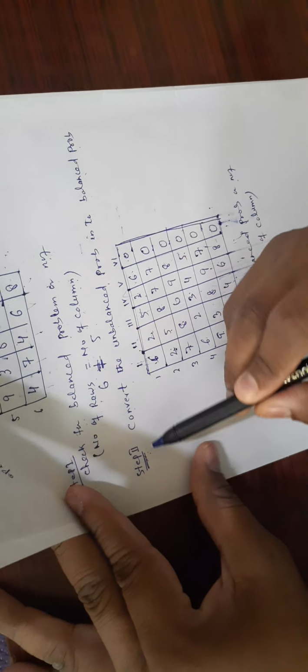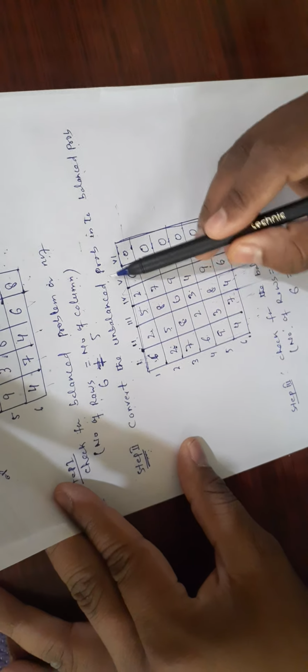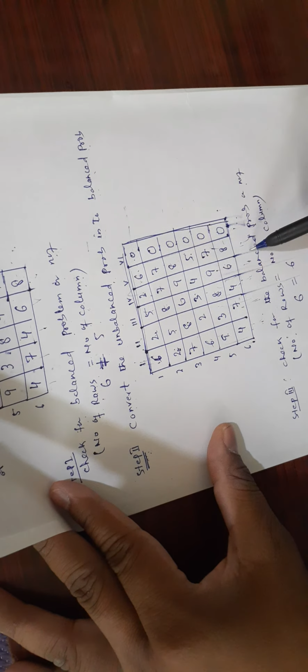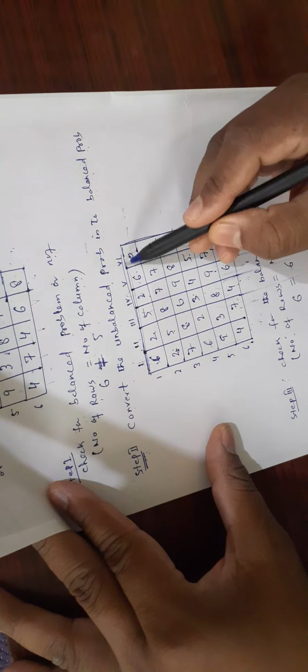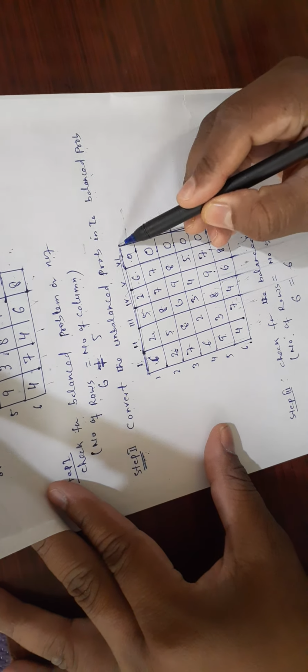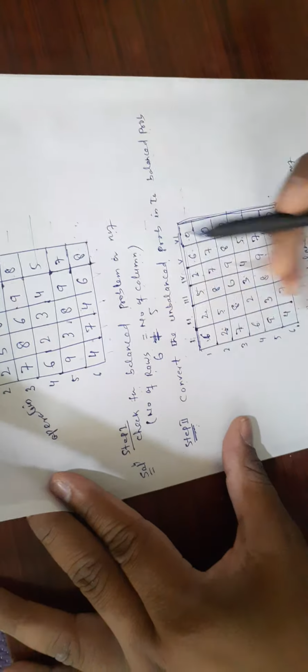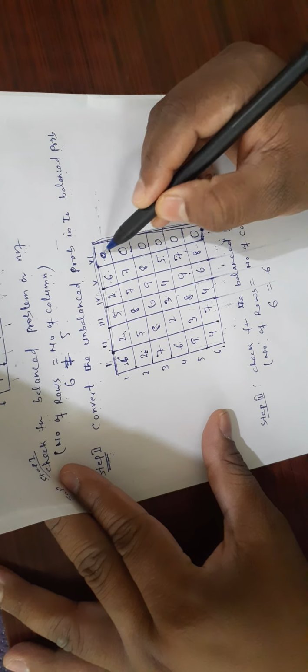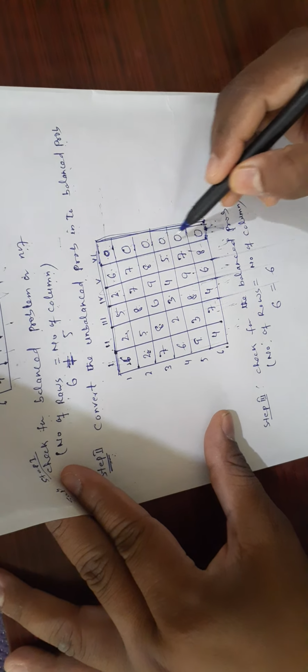See how to convert. Step two: convert the unbalanced problem into a balanced problem. Here we have only five columns, so we have to add one extra column: column 1, column 2, column 3, column 4, column 5 and column 6. We have to increase it by one column, the sixth. Here the same values are copied: 6, 2, 5, 2, 6. And in the sixth column we put 0, all the values should be 0. So 0, 0, 0, this one also 0, 0, 0. So this is the complete balanced problem.